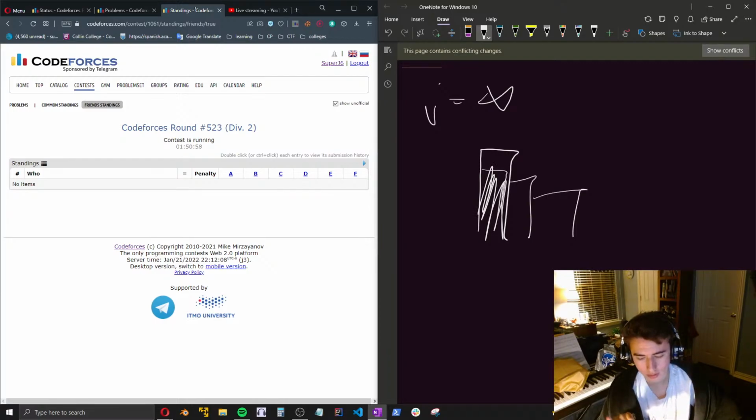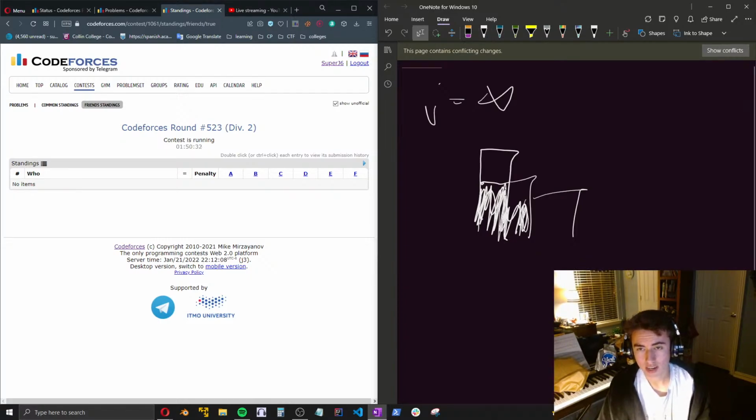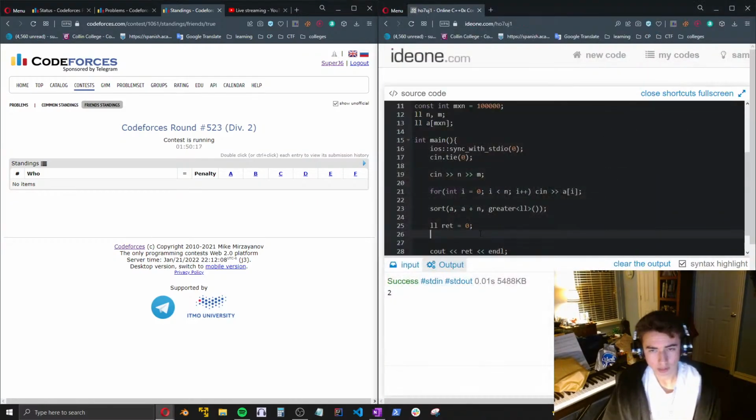Well, okay, wait. We can take out all of them except for the ones that aren't in the one below it, right? So basically, we can take out here. And here, we can take out here. Does that make sense? I think that makes sense. That looks right. So we basically just keep the tallest one, except for at the end, we may have to keep the last one. So it should just be